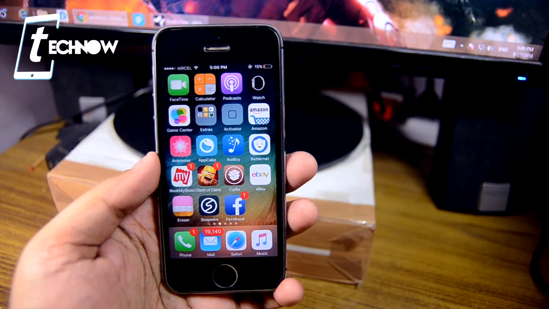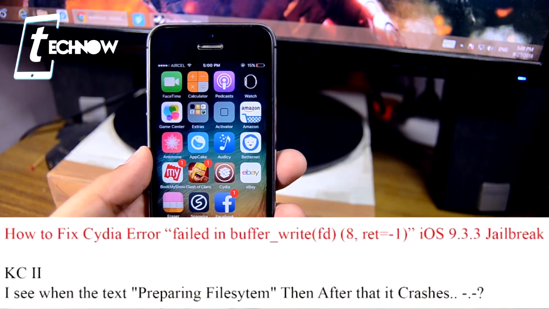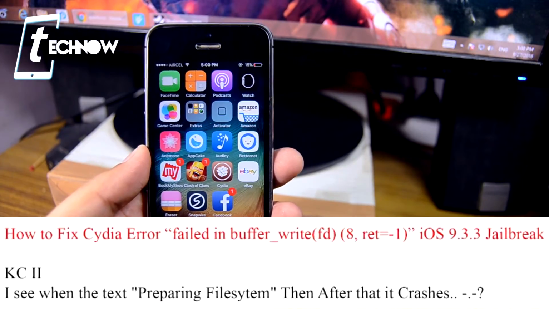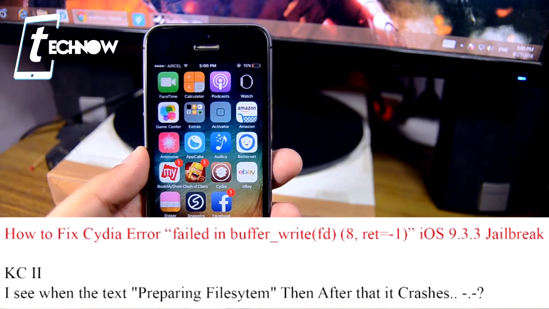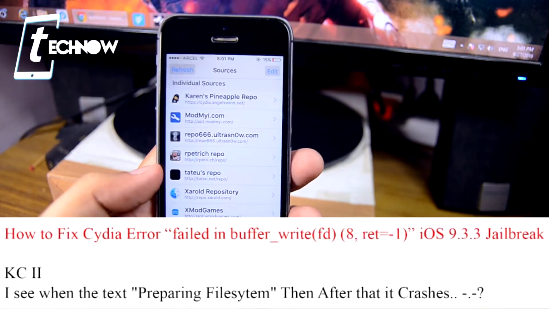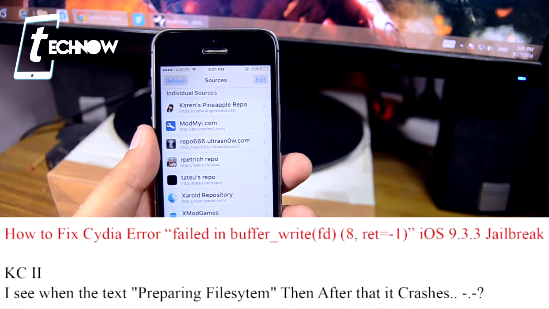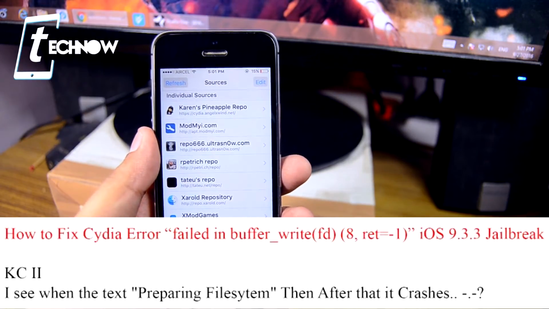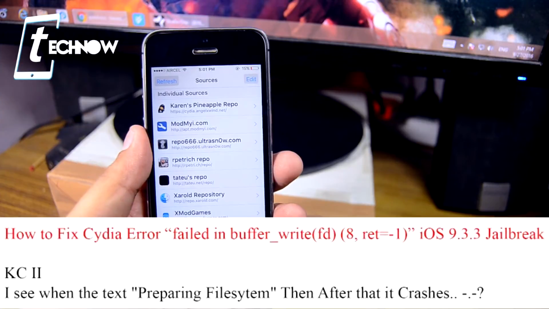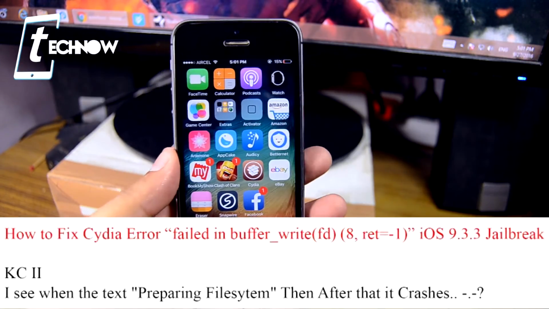So coming on to the next question, and this question is from KC2, and the user had asked, I see the text preparing file system, and after that it crashes. That means when you get into Cydia, it will show you preparing file system, and after that it will crash Cydia. Okay, so KC, you need to reset your device, then you need to re-jailbreak with the Pangu application,